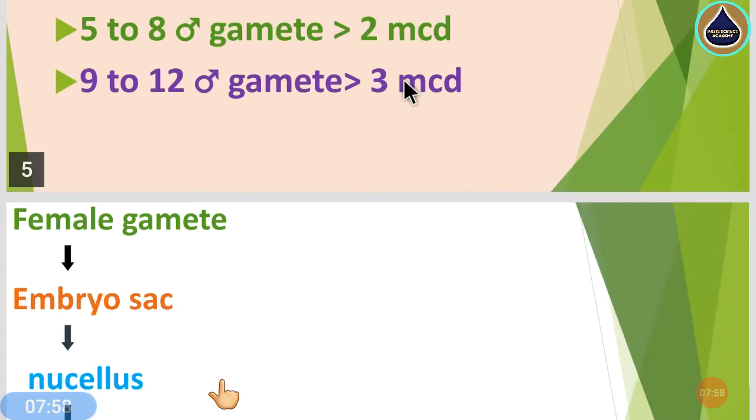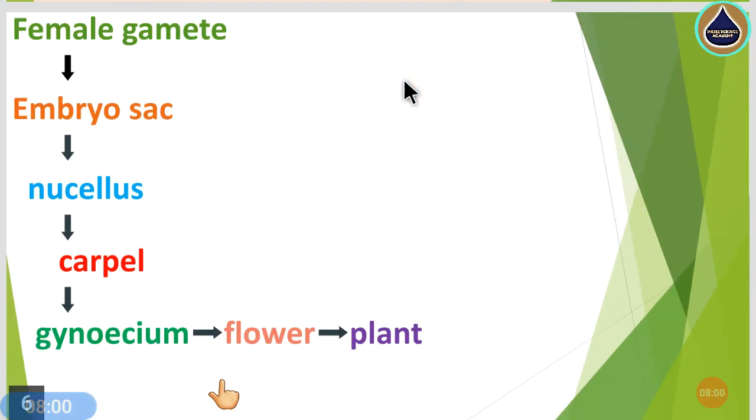Now we'll go for the female gamete. Earlier I explained about the male gamete, how it is formed, where it is formed, and how many cell divisions are needed. Is it clear that 4 male gametes from the 4 pollen grains are formed by one meiotic cell division of the pollen mother cell? Now we'll go for the female gamete, how it is formed and where it is located. So this female gamete is